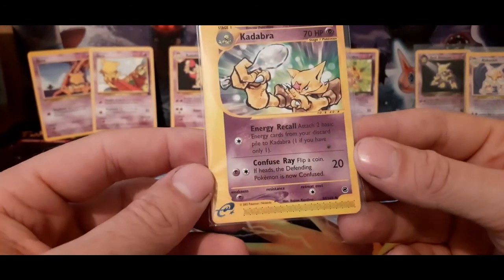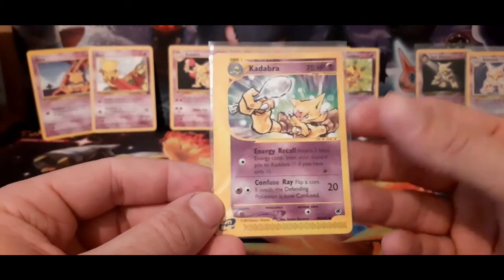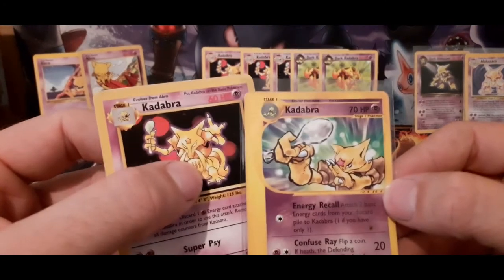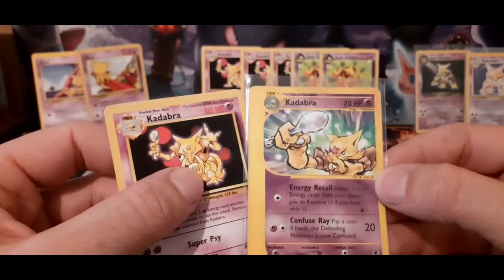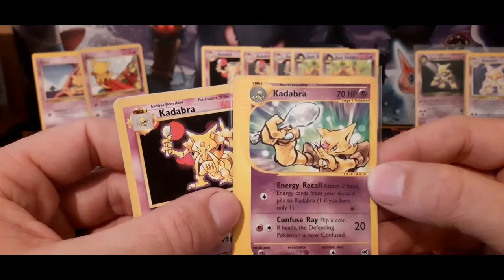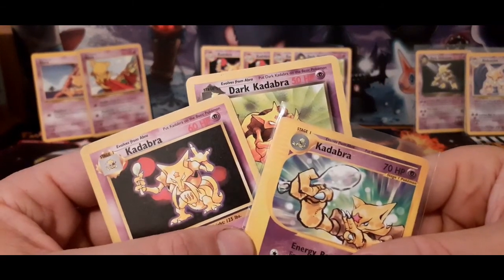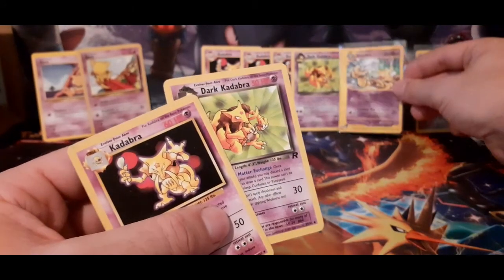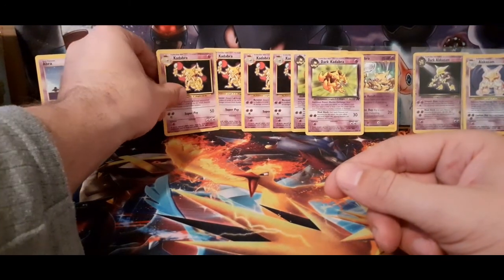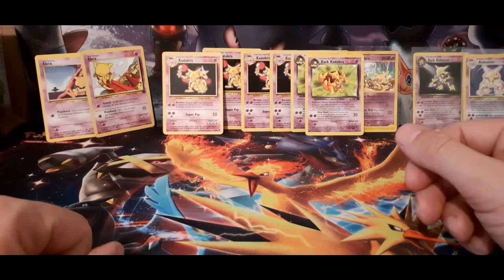And Confuse Ray, so it's flip a coin, and you get confusion and you do 20 damage, so not too bad. As I can say, over the course of the years it didn't really gain too much HP, going from 60 to 50 with Dark Alakazam to 70 with this one here, sorry, not Alakazam, Kadabra. So if we put them all together here, his HP didn't shift much in the early years. But yeah, I'll go on to next, put some examples on the screen of the ones I don't have, and then we've discussed all the 6 cards that are printed of this Pokemon, and we'll go on to the news